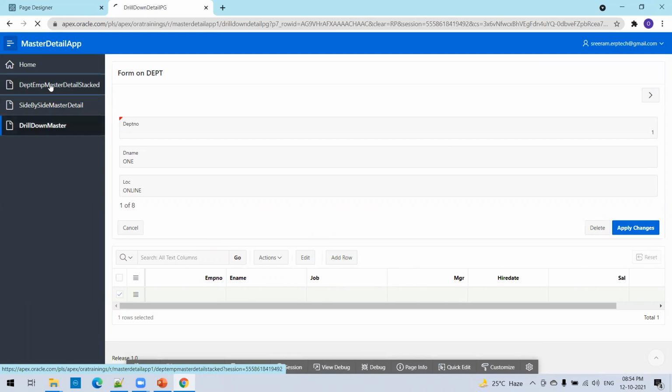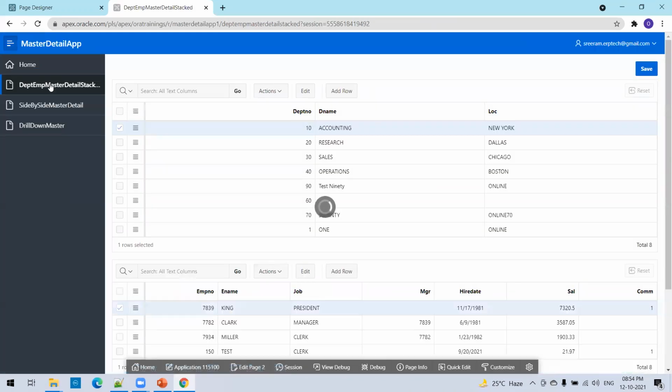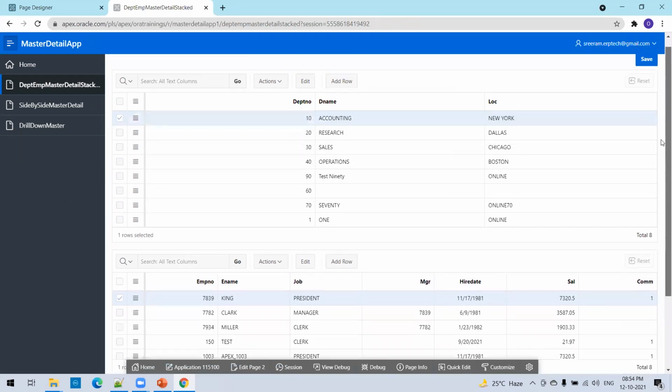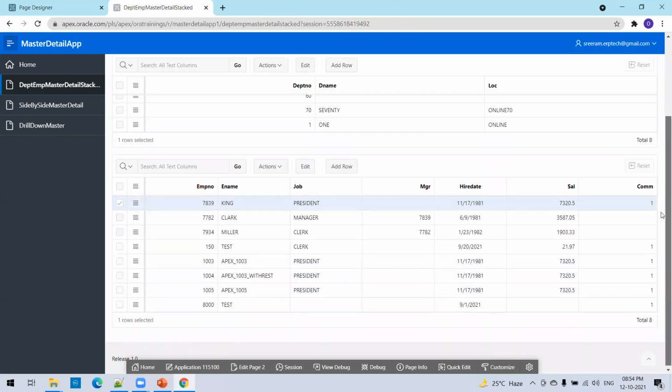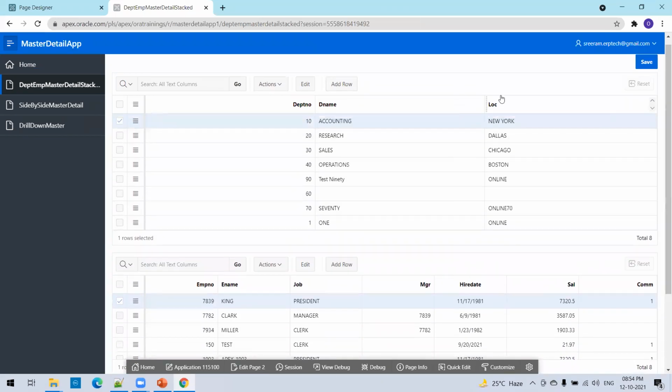Okay, so of course, as of now, we have not written any coding, but what we can do is initially we can just simply create them. Later on, we can customize them to have a multiple requirement. I mean, modify it. You can add up the validations, and you can enhance it according to your requirements. Okay, so this is all about a different set of master detail samples in Oracle Apex. Thank you.